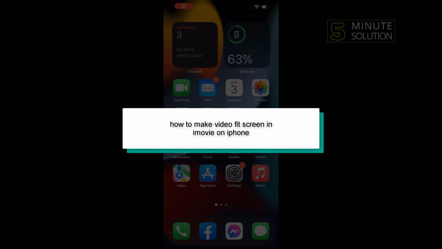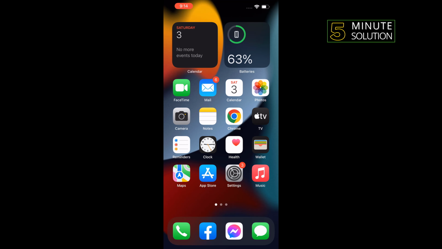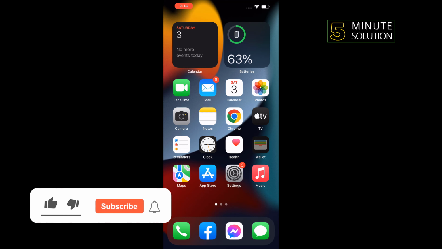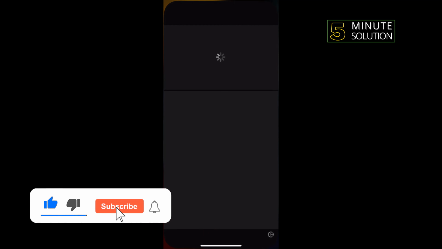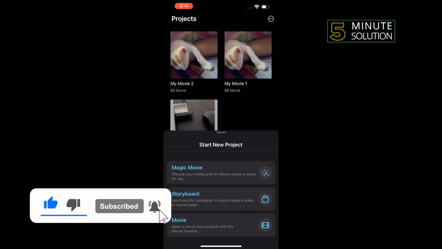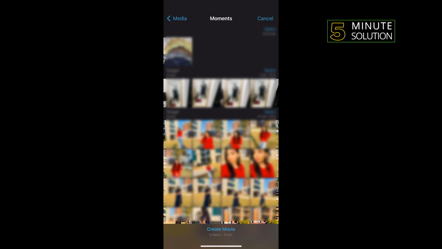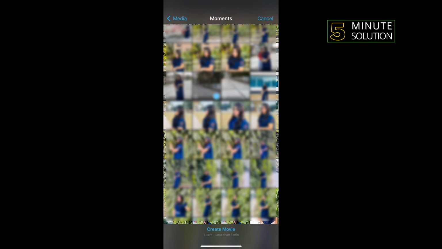Hello friends, in today's video I'm gonna be walking through how to make a video feed screen in iMovie on iPhone. First of all, open iMovie app, tap on movie and select the video, tap on create movie,